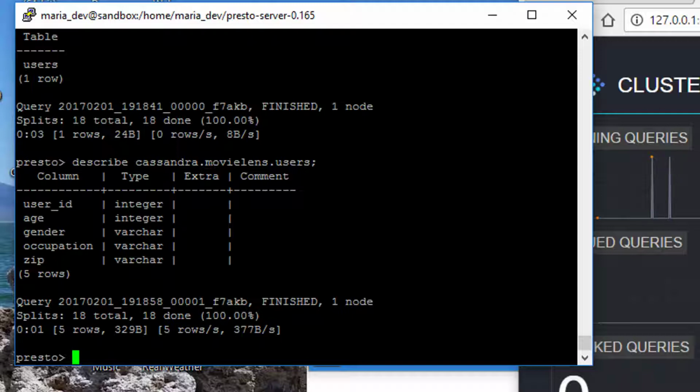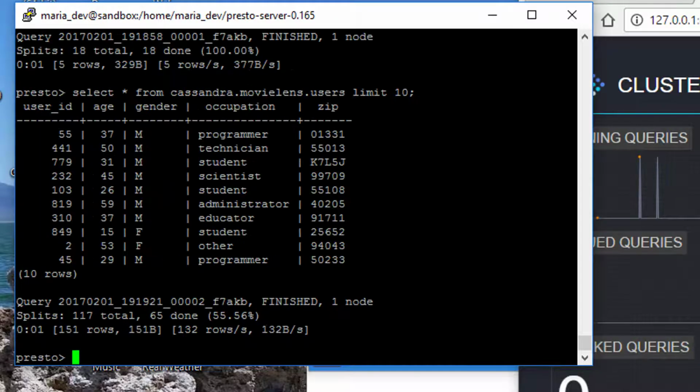So at the same time, we can query Hive as well, and Cassandra. So let's select some stuff from the Cassandra database to start. Select star from Cassandra.movieLens.users, limit 10. And there's the first 10 results from our users table in Cassandra, and within the same session I can say